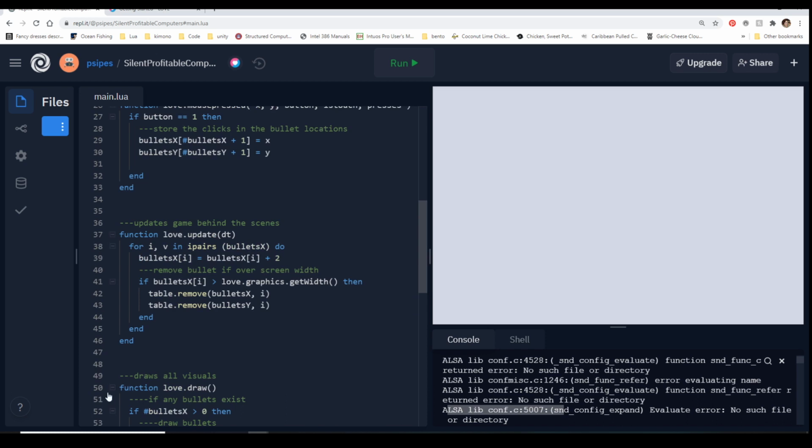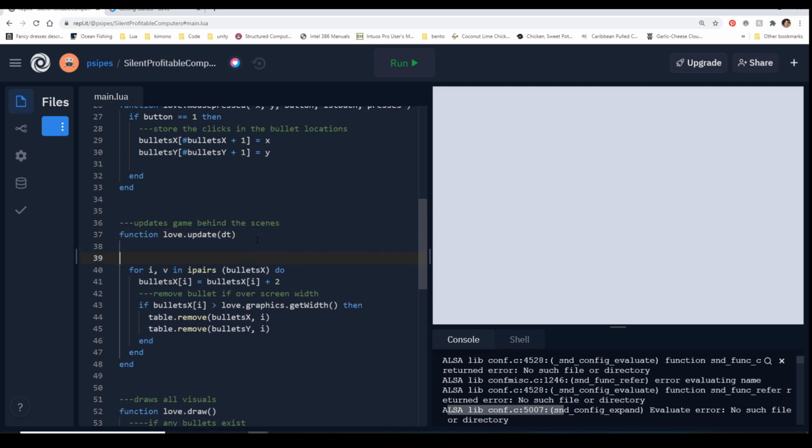Okay, so hold on to your hats because this is where things start going a little bit crazy. Now, some of you guys may have found collision libraries and collision classes, which I say classes, and there should be air quotes around that word because technically Love doesn't really do classes the same way that we think of them. But the reality is that writing your collision isn't so bad when you start understanding the logic.